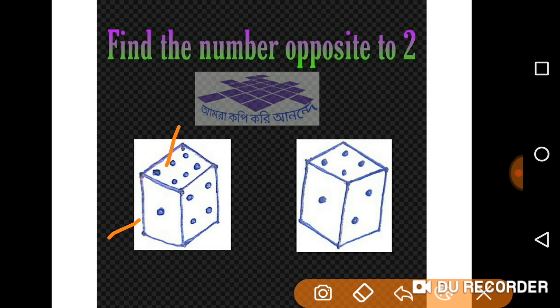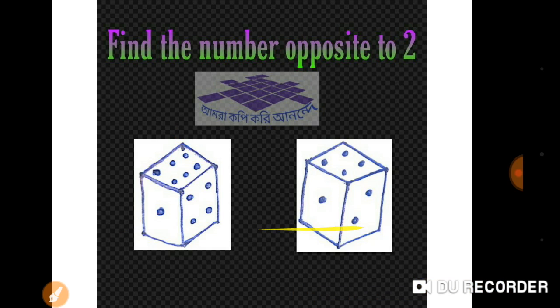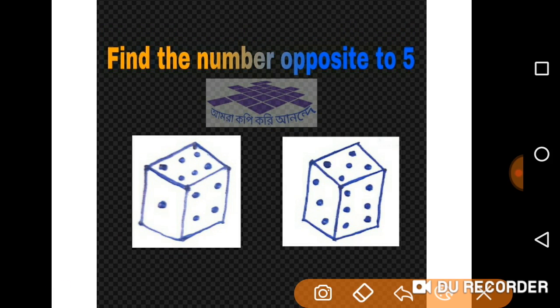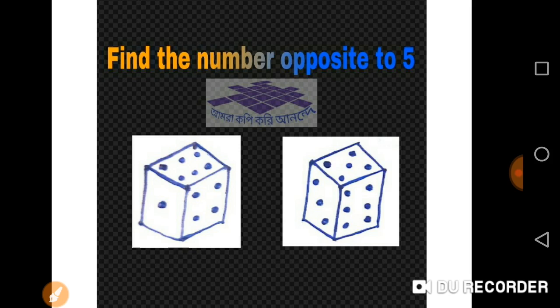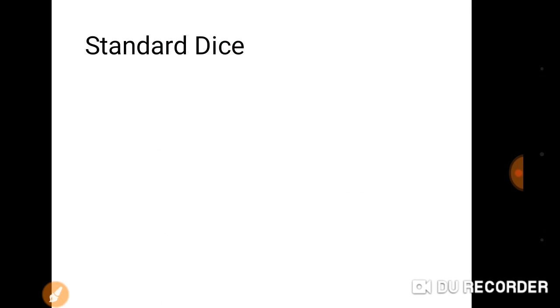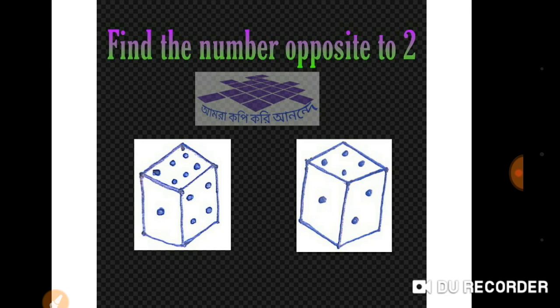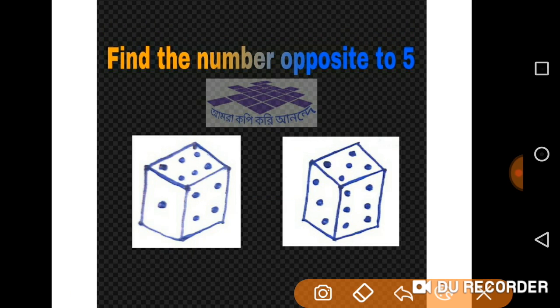In case of standard dice, the summation of the opposite side numbers will be equal to 7. So the summation of consecutive side numbers can't be equal to 7 in case of a standard dice. So this is a non-standard dice. This is also a non-standard dice, because 6 plus 1 is 7. So I already said how to find out whether a dice is standard or not. Now try to find the solution of these two questions. First, think about this question. I will discuss two tricks basically.